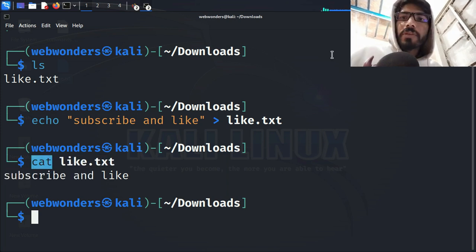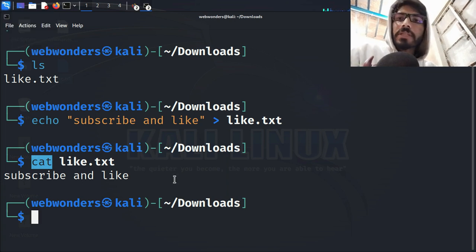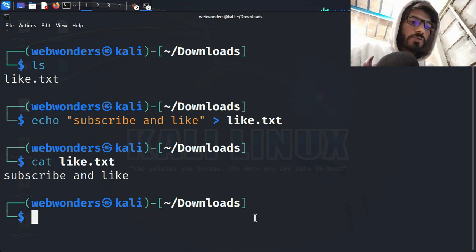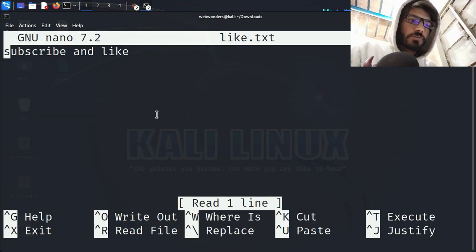cat command. Now we will move a little bit more advanced, and we will see how we can write something inside the txt file other than with the echo command. So here is a command, nano, and after that you can type like.txt, which is the name of the file, and here you can see that subscribe and like has been written there. Now I am going to type comment also the WebWonders